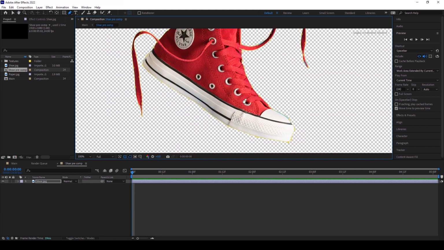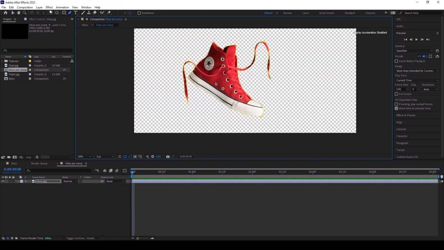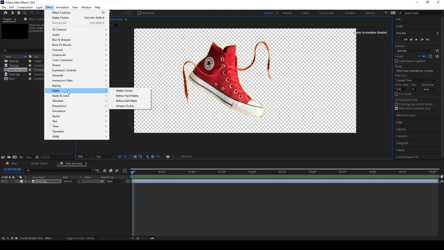Alright, we finished the cutting part, and go to the effects, and I need to give some matte